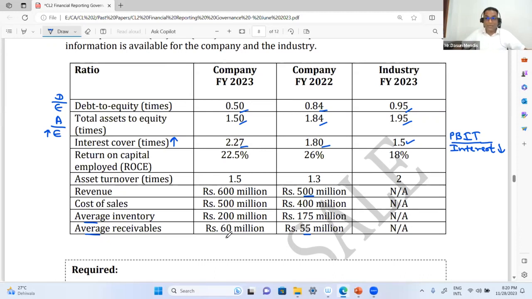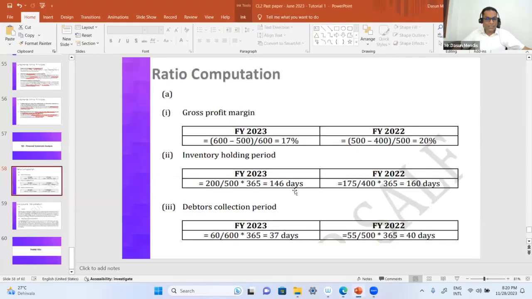So sometimes in the examination, if you are not given the average receivable and the average inventory, you might be given the closing inventory and the closing receivable. Then you have to take closing figures, right? But when you have the average figure, always take the average figure, because revenue and cost of sales would occur over the period of time. Rather than taking the year-end figures, always take the average numbers. But in the examination, if only the year-end figures are given, then you need to do the computations based on that. I hope you understood about it. Right. Okay, so the computations are done, and this is the answer. So I have explained to you.